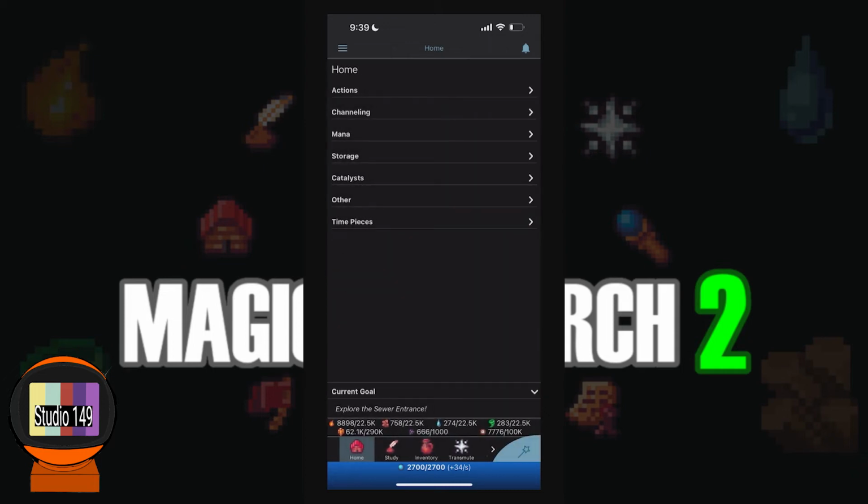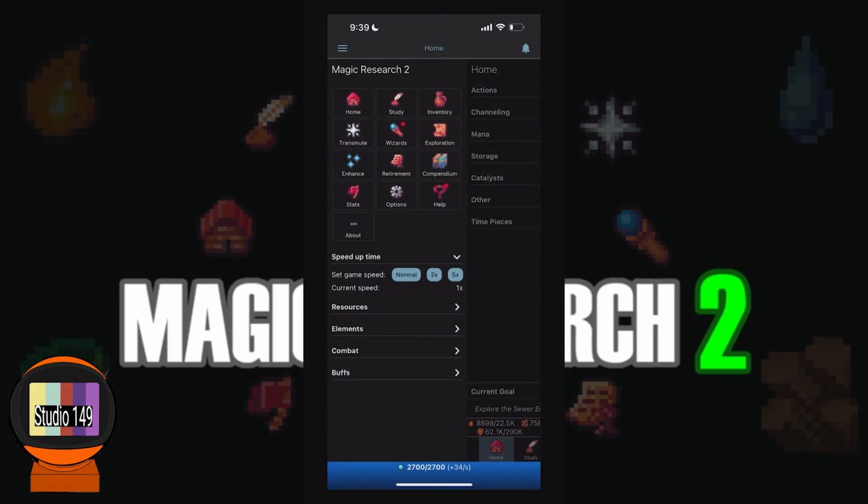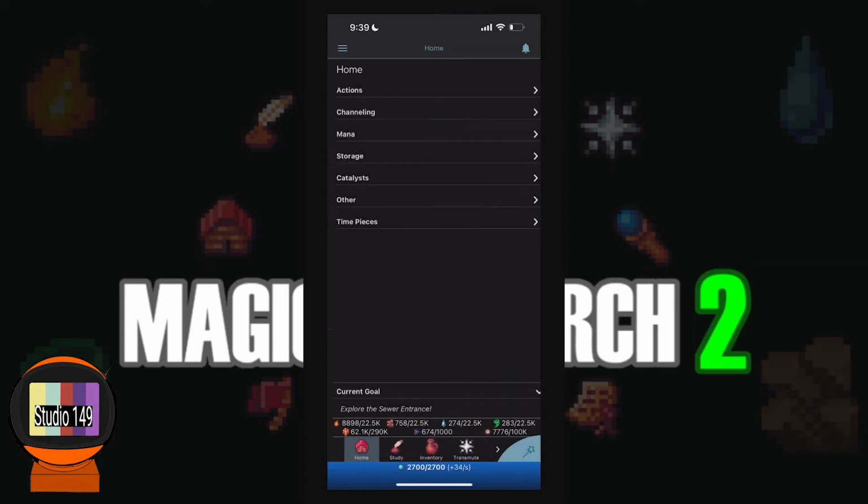I have 2,700 mana, and at the bottom of the screen, you see that we have a couple more things. We still have that fire, earth, water, air, but we also have coins now. We have Monsterium, something, and then we have our 7,776 timepieces. So timepieces, again, you can use to speed up the game, but you can also use them